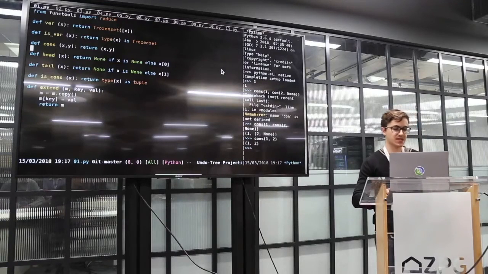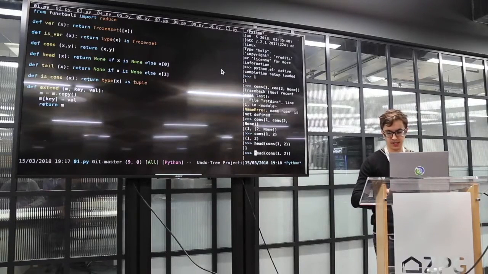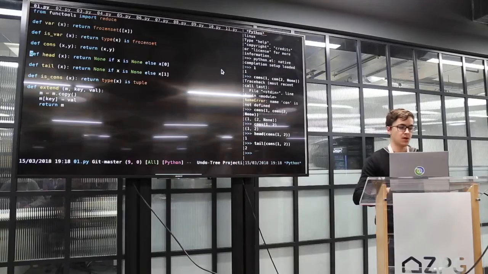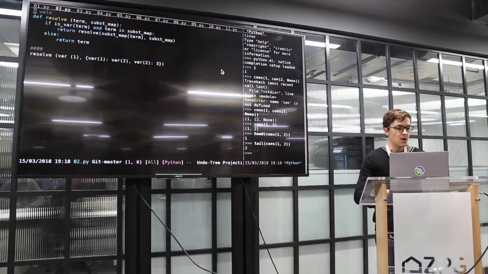And we have just helper functions to extract the first argument of the cons using head, and the tail using tail. And this one just tests whether an input argument is a cons. Finally, we have extend, which just takes a Python dictionary, makes a copy of it and inserts a new key into it. This is because we need immutable data structures, and Python doesn't really have them. So, with that said,